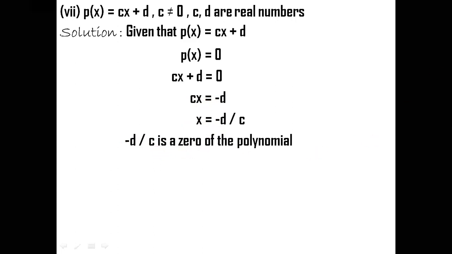So my dear students, I believe we have understood the concepts that we have discussed today. That is the value of the polynomial, finding whether the given number is a zero of the polynomial, and then at last we studied how to find the zero of any given polynomial by taking P of x as equal to 0. So with this, we come to the end of this session.